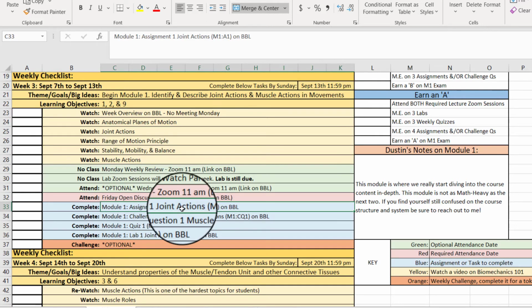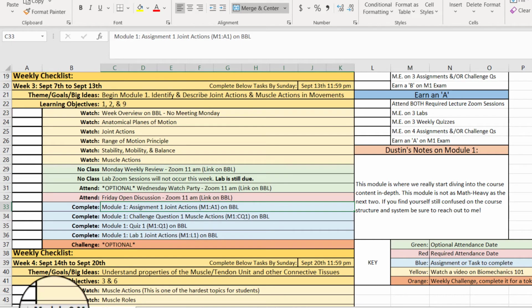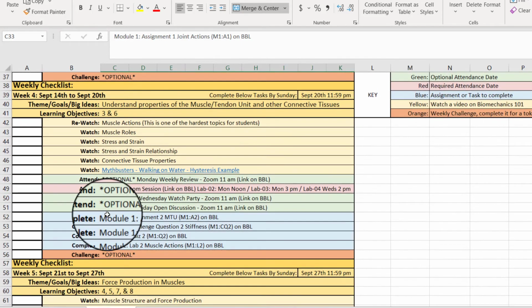Blue is something they have to do, like a task or an assignment. And then we have orange as like a weekly challenge to help improve engagement this semester. But these module maps are extremely powerful for helping guide students through the course. And if they have clear guidelines for how to navigate your content in your course, that means less questions and